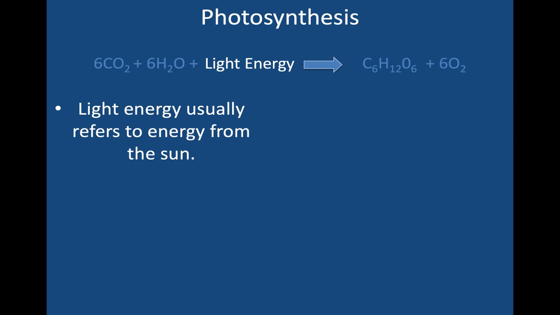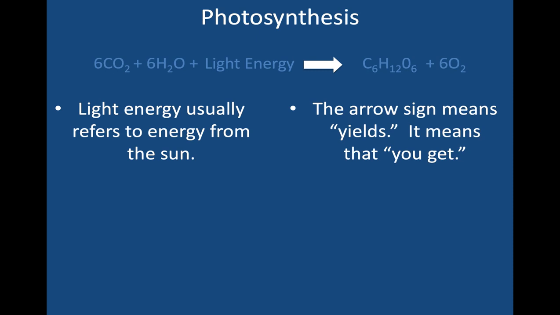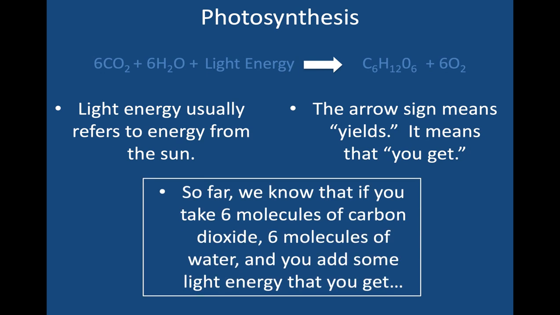Light energy refers to the energy from the sun. That arrow means yield. It means this is what you get. Again, that should just be a refresher for you. So at this point, we know that we have 6 molecules of carbon dioxide, 6 molecules of water, plus some sunlight. And what that gets us is